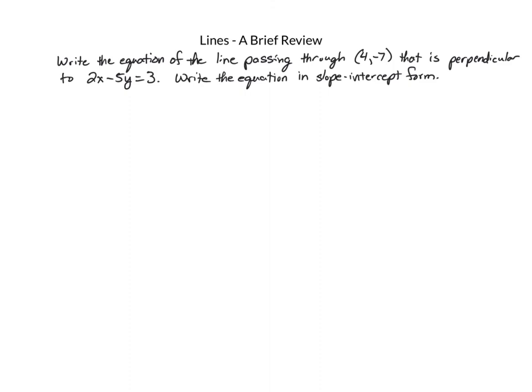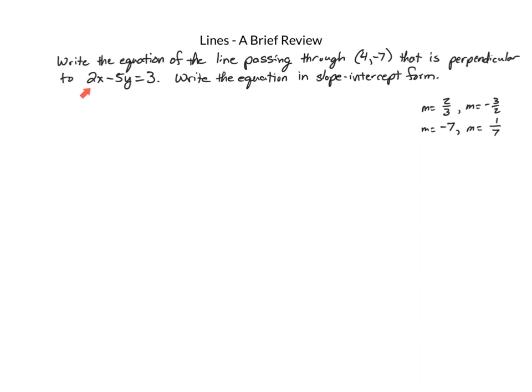But let's talk about what it means for lines to be perpendicular. Remember, their slopes need to be opposite reciprocals. For example, if one line has a slope of 2/3, the line perpendicular to it would have a slope of -3/2. If one line has a slope of -7, the line perpendicular to it would have a slope of +1/7. So it's our job to find the slope of this line right here and then take the opposite reciprocal of